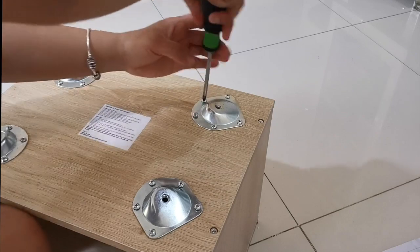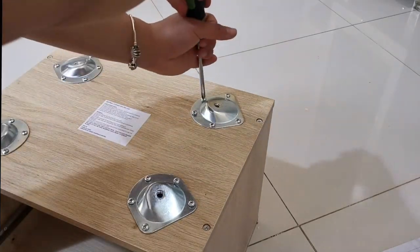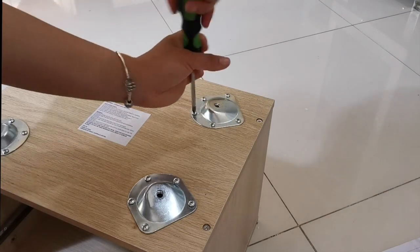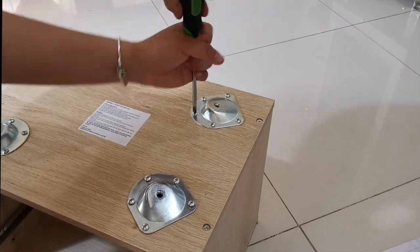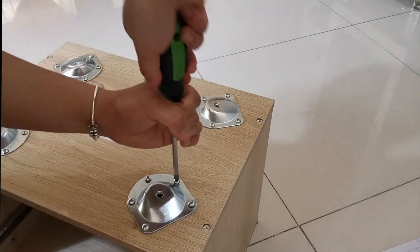Guys, I am a complete amateur when it comes to furniture. I know nothing. Absolutely nothing. And this is just something that I bought at Kmart. I bought this because it's cheap. It's around $50. And then